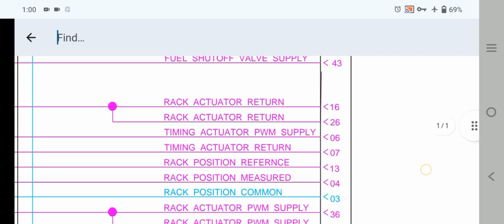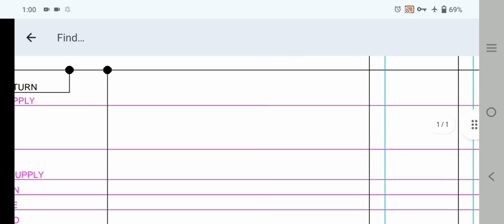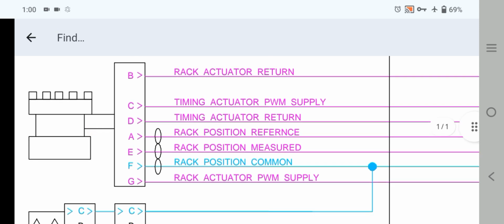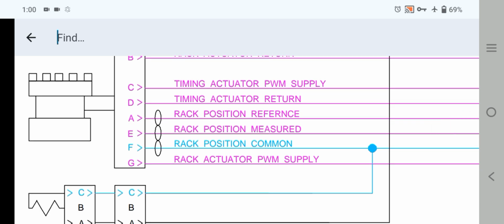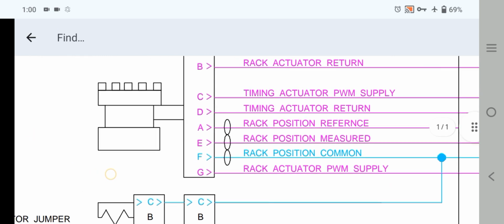This all is going to, if you follow this wiring, as you can see here, the fuel pump connectors. Rack actuator return, timing actuator pulse width modulation, supply timing actuator return, rack position reference, rack position measure, rack position common, and rack actuator pulse width modulation. This is the fuel pump connectors. Okay, as you can see,